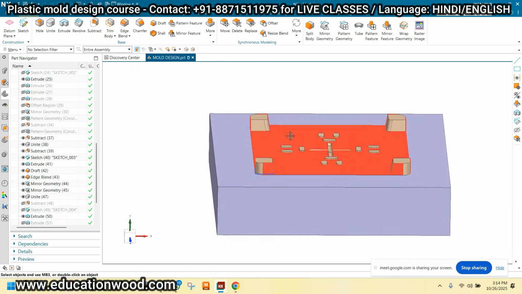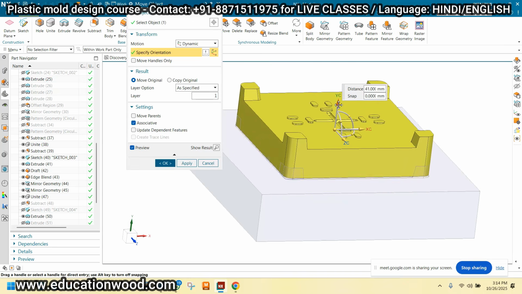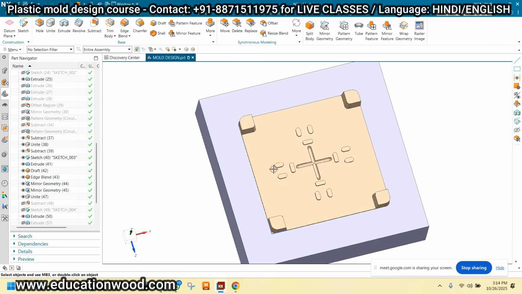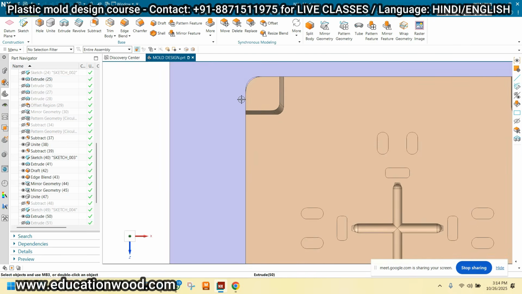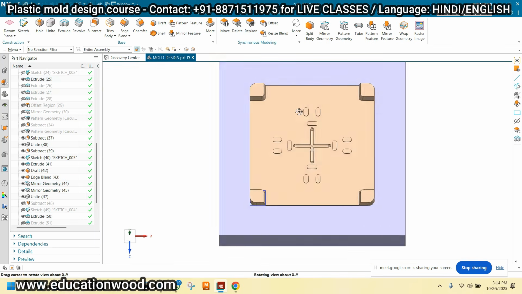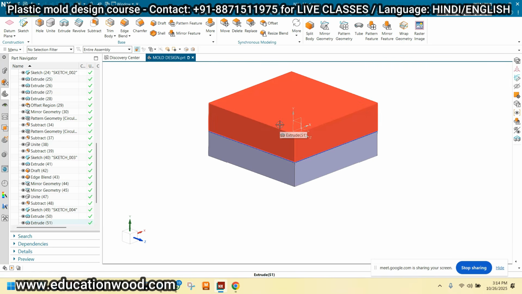What is the reason? Because we want to insert this cavity inside this, right? So basically, there should be clearance on the corner. That's why. Okay, so understood.